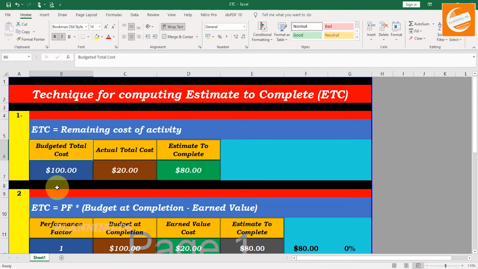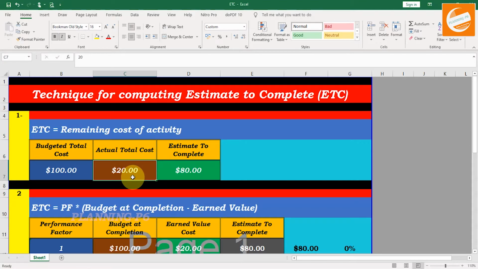Suppose our budgeted total cost is $100 and our actual total cost is $20. The budget total cost minus the actual total cost is the remaining cost of the activity. It means how much cost you need to complete the activity.